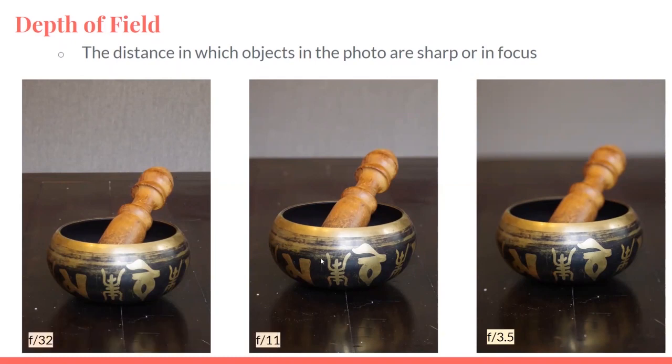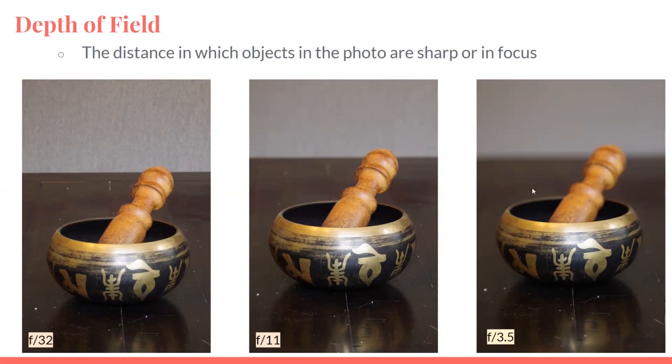focus. And on the one with a moderate aperture, you can see that the bowl and the handle and everything are all in focus, but the edge of the table in the background becomes blurry. And for the final one, you can see that just the rim itself is in focus, and the bowl starts to get blurry on the